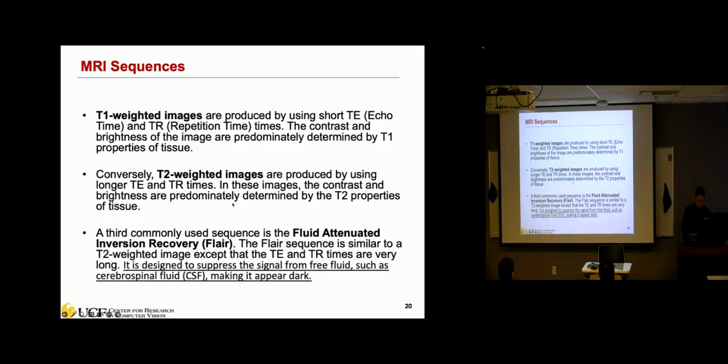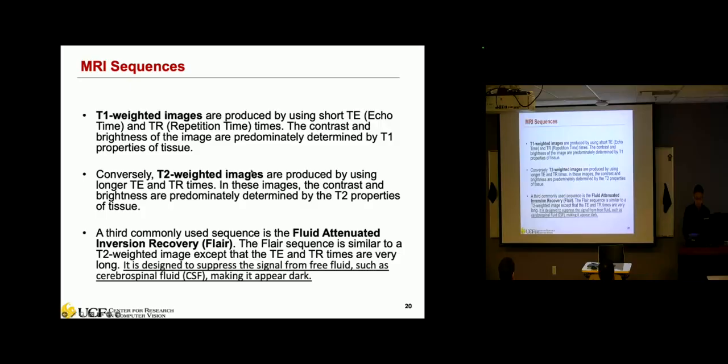So the T1 weighted image is based on the T1 property of the tissue, right? Different tissues, like I mentioned, contain varying amounts of water and fat, and differ in how quickly they realign the protons to the magnetic field. Different tissues will behave differently, so T1 weighted imaging focuses on the T1 relaxation time to generate the image.